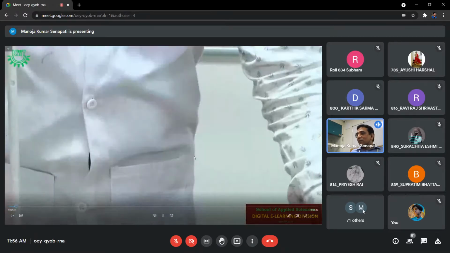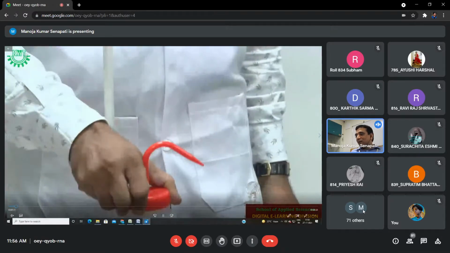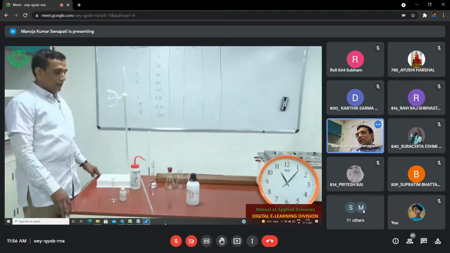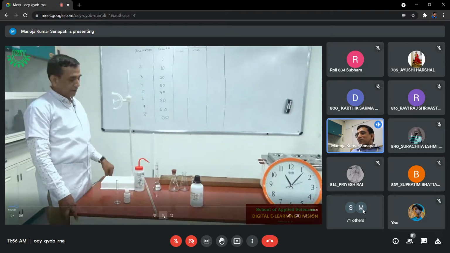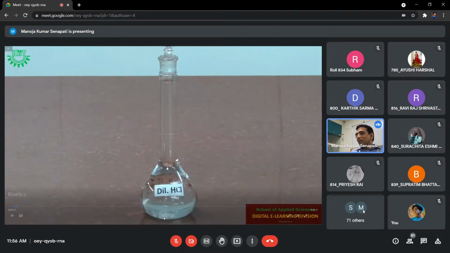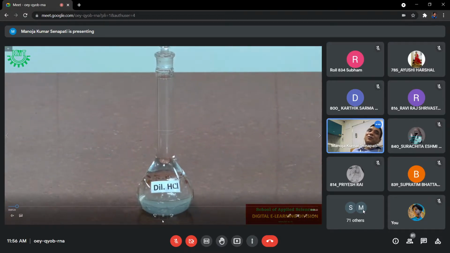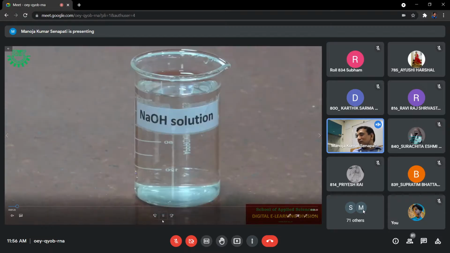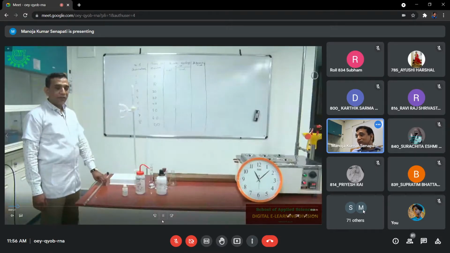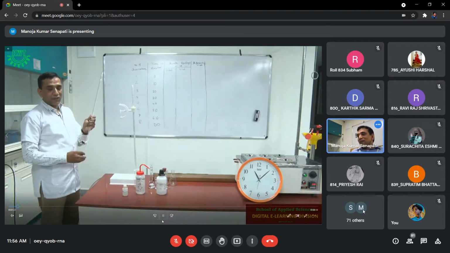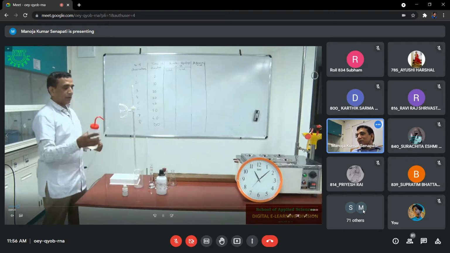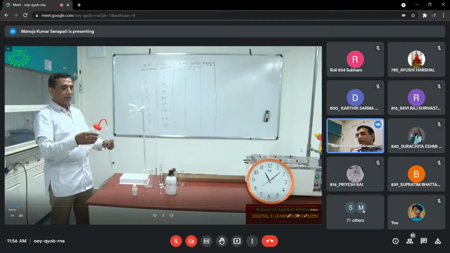This is the sodium hydroxide solution, distilled water. And for this experiment, we are also using a water bath to heat the solution, and we also require a clock or you can say a stopwatch, anything by which you can measure the time. You can check the time. Okay, this one is the hot water bath we are using to heat the solution.